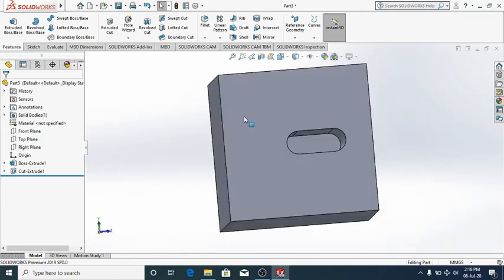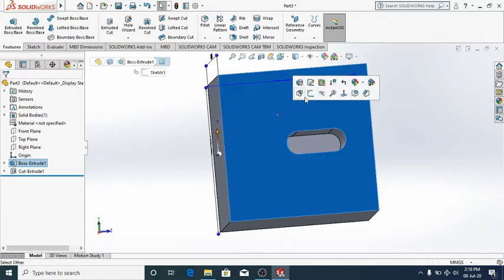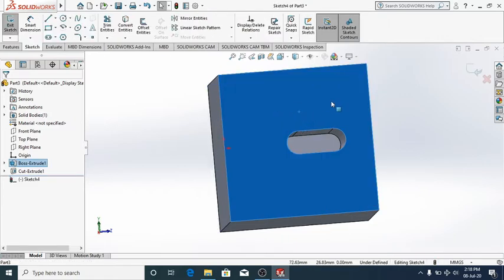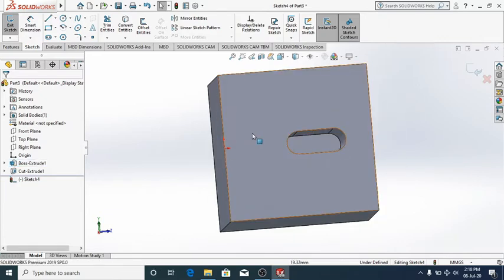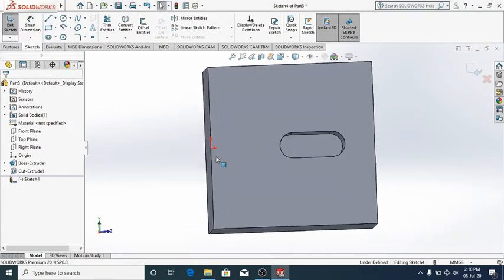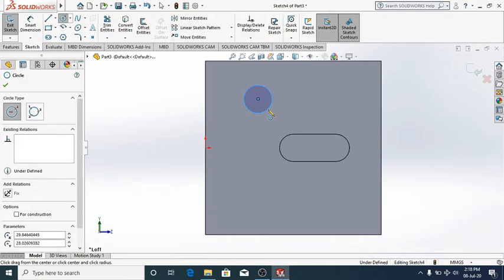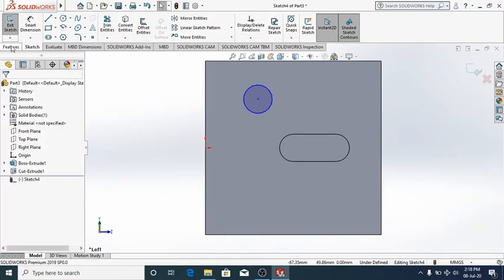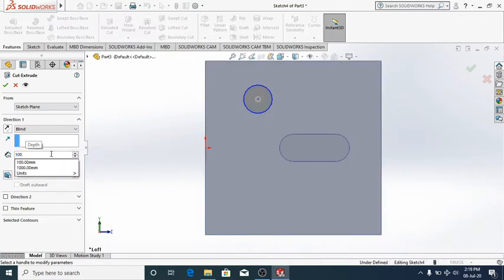Okay, let me draw a circle here, somewhere randomly, and if I want to cut completely through it, let me go for 100 mm here, which is one side.